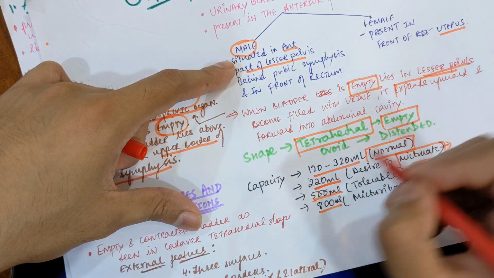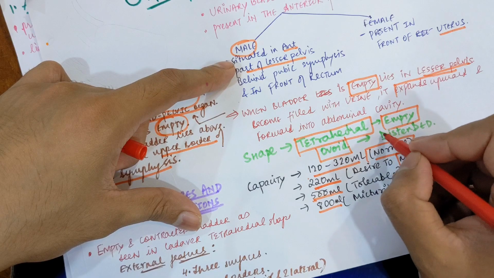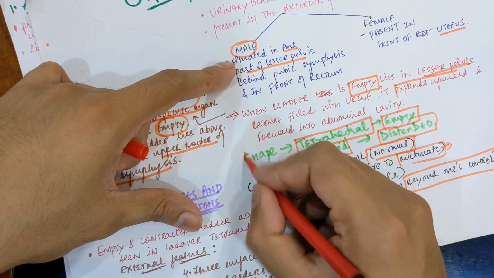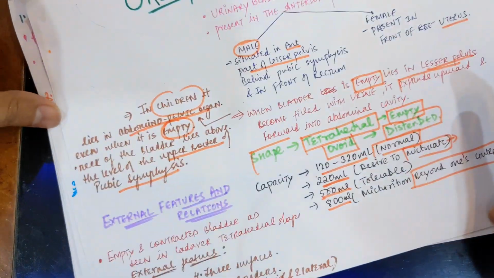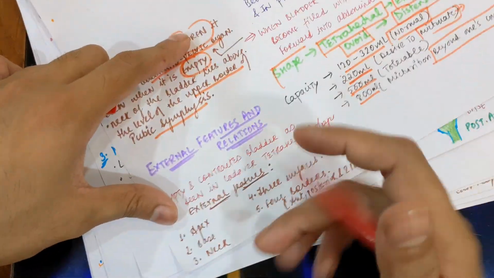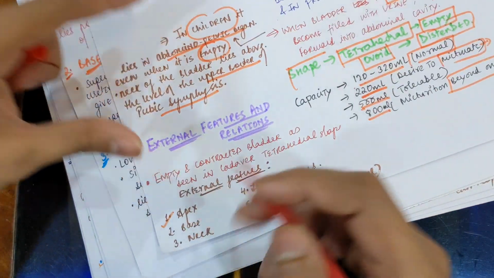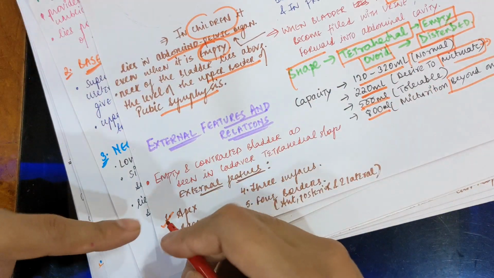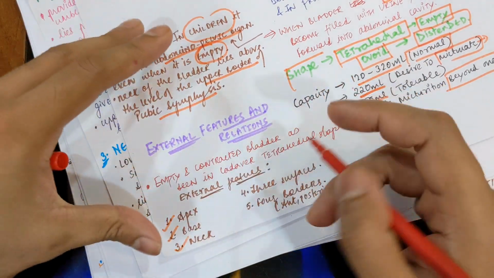Okay, so the shape is actually tetrahedral, and ovoid when the bladder is full. So these are two shapes you will see when the bladder is in different forms. Now, external features: externally, we will see the apex, base, and neck of the bladder,